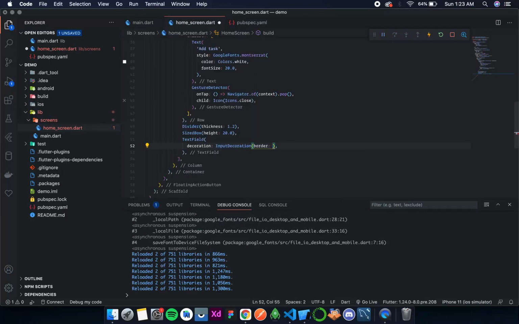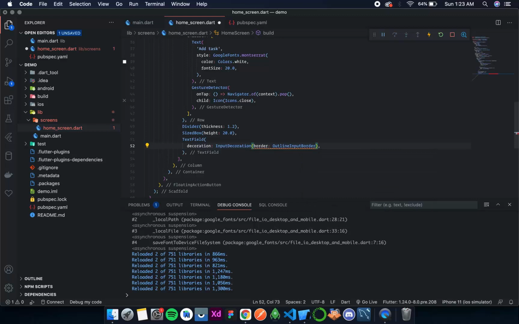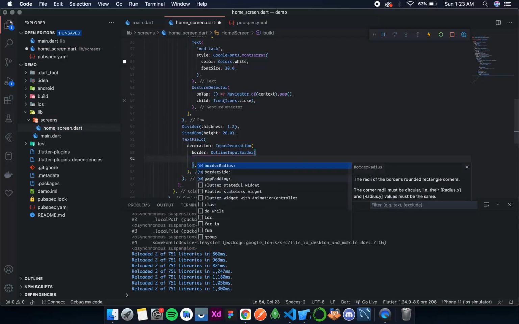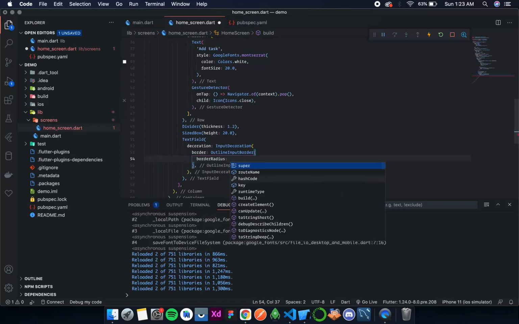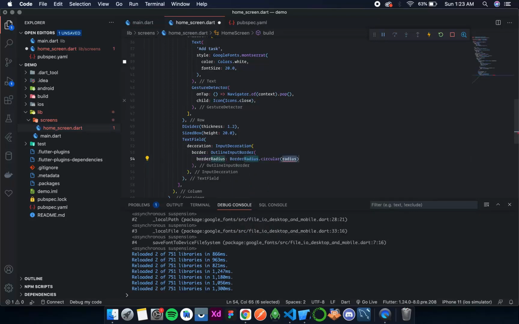Now first for the border I'll use an outline input border. Now this outline input border has a few things. Border radius, that is the curve around the corners. So for that we have another widget, BorderRadius.circular, and simply 5.0 would do.